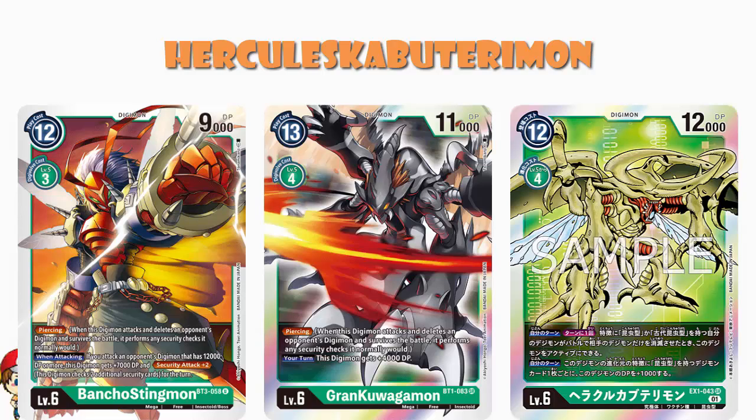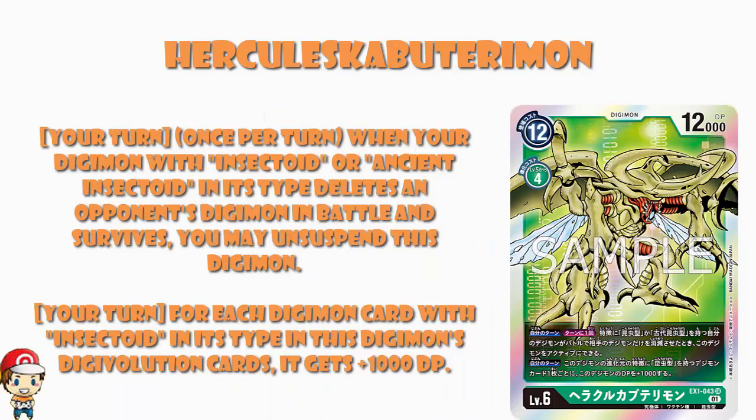And then we've got the second skill. The second skill says that on your turn, for each Digimon with Insectoid in its type in your Digivolution cards, you get an extra 1,000 power. Now, there are no level 2s, unfortunately. We've got to start at level 3s. But if you go from level 3, 4, 5, then all of a sudden you're not a 12,000 power Digimon. You're a 15,000 power Digimon. That is good. Incidentally, it is only Digimon with Insectoid in its type in your Digivolution cards, so it doesn't